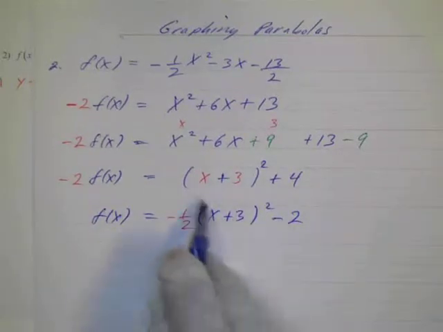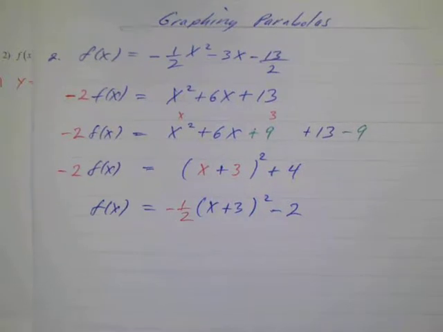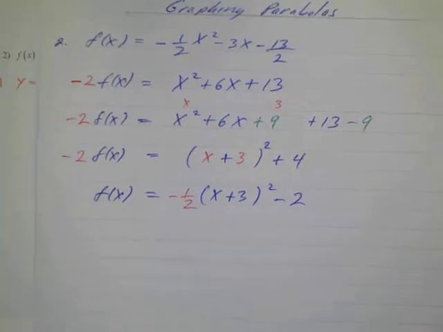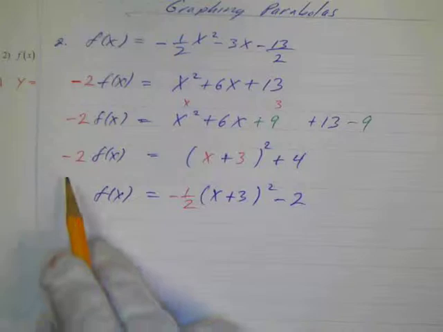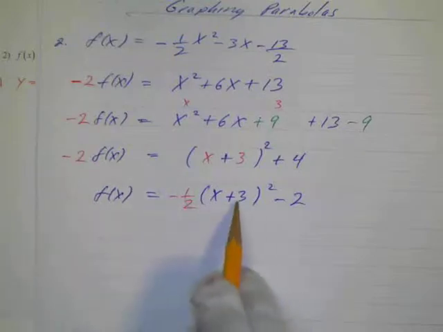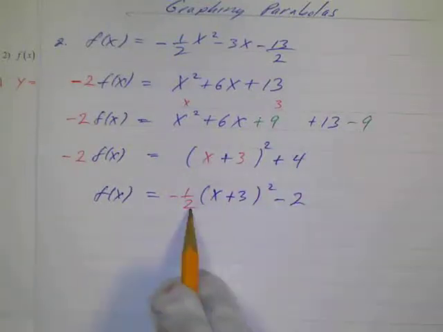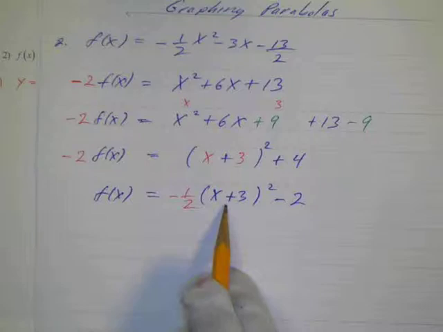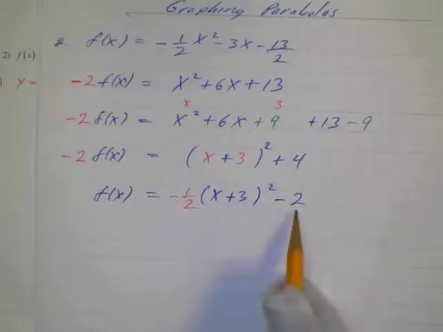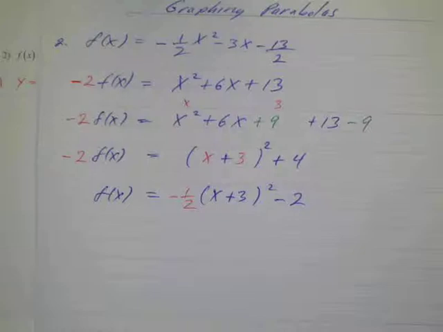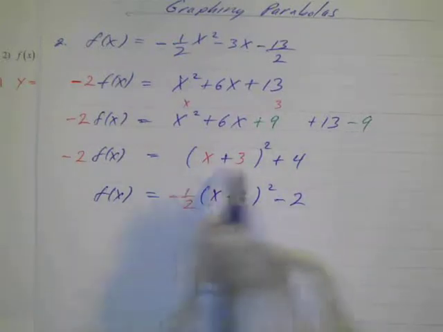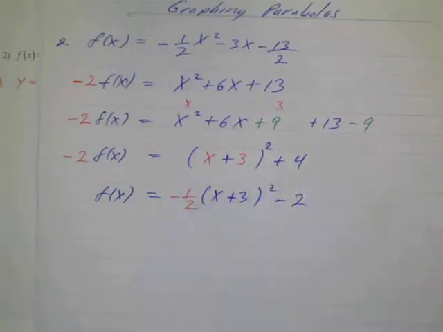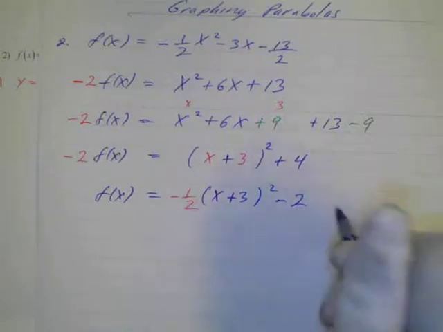We could put this underneath here, and this underneath the 4. I could put an extra step there. I'm a little worried about that. So we divide everything by -2. So this is divided by -2, and this divided by -2 is -1/2 times x plus 3 squared. And 4 divided by -2 is -2. So I hope you're okay with that. If you want to put an extra step in, you could just put a -2 under that and a -2 under that. Okay? And now we've got this in vertex form, so my vertex is going to be